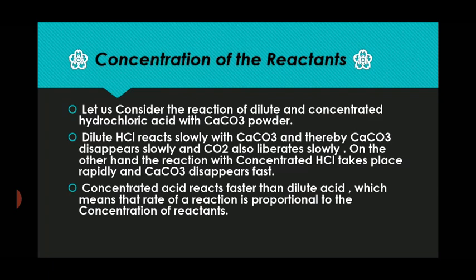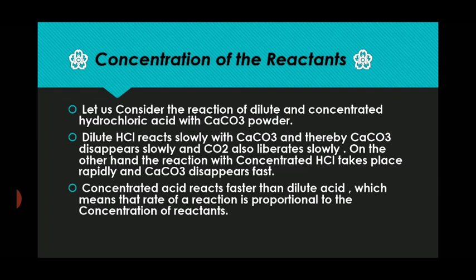Dilute HCl reacts slowly with the calcium carbonate, and thereby calcium carbonate disappears slowly and carbon dioxide gas is also liberated slowly. On the other hand, the reaction with concentrated HCl takes place rapidly and the calcium carbonate disappears